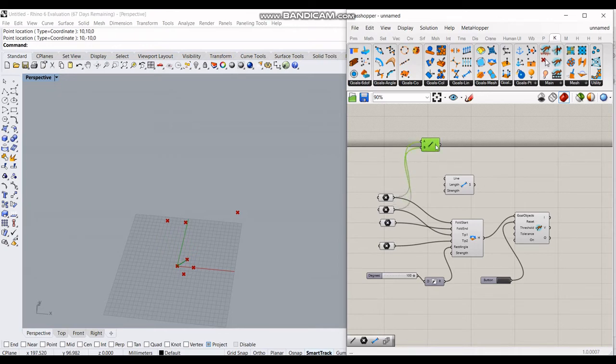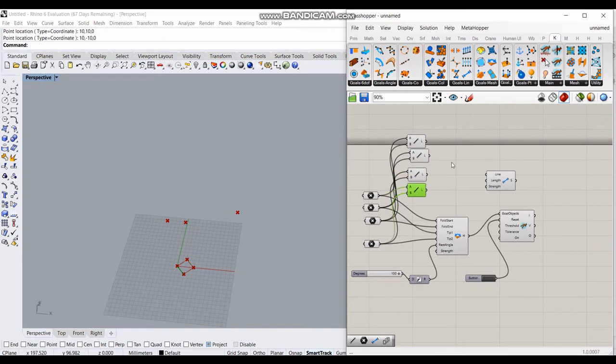So let's make all the 4 lines. Now we have all the 4 lines.